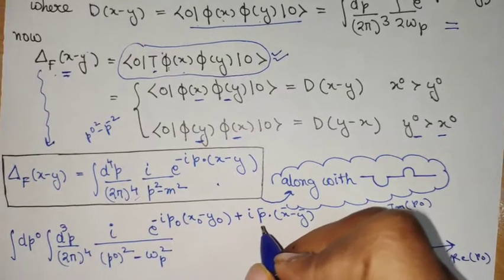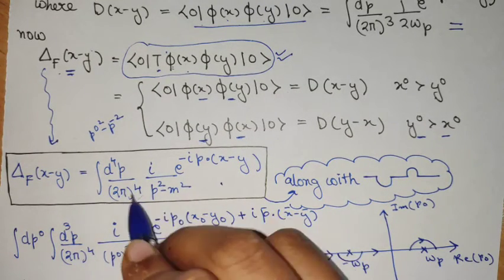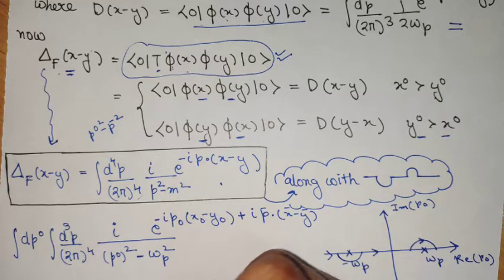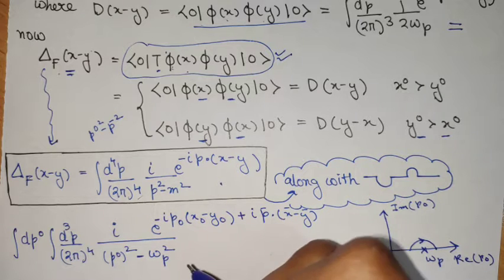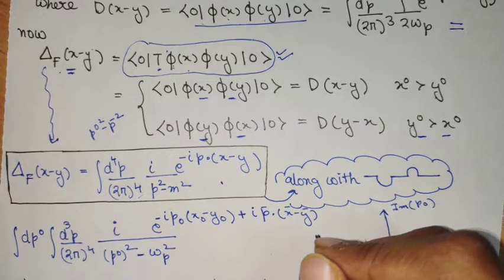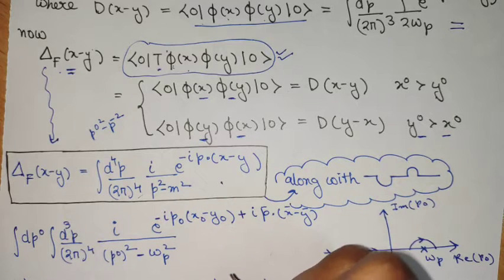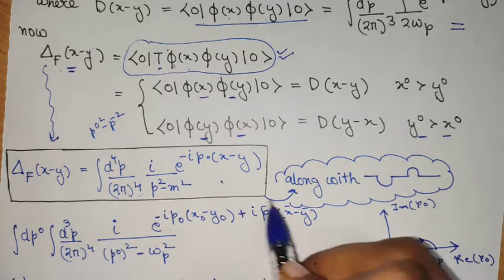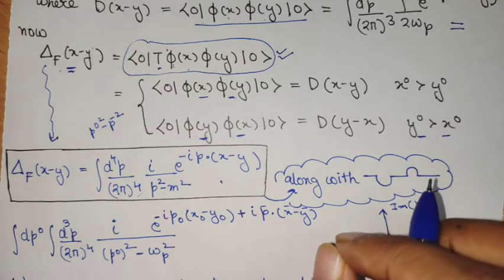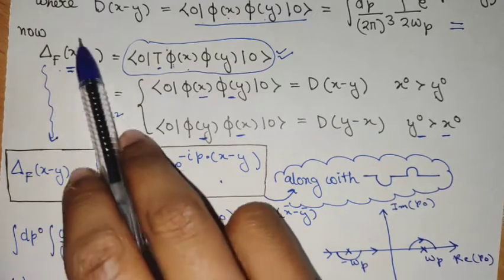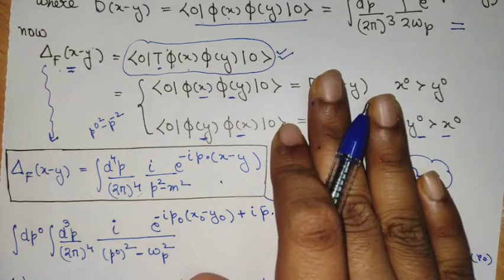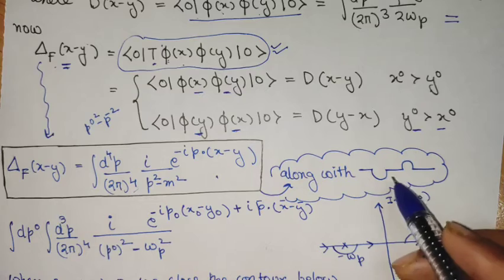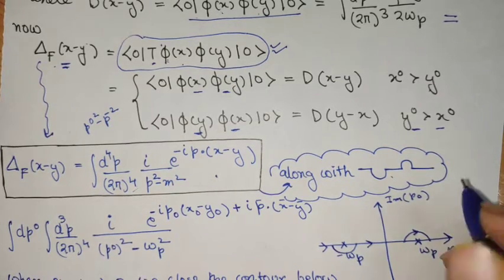And now once you see this integral, this is a complex integral, and it will require us to perform contour integration. And in the case of contour integration, we must choose the contour over which we are integrating. There are various choices of contour for integrating the functions, so for this reason, a particular choice of contour needs to be specified. So saying that the Feynman propagator is just the integral is insufficient. It is not just the integral, it is the integral along with the choice of contour. So now let's see why this is so.